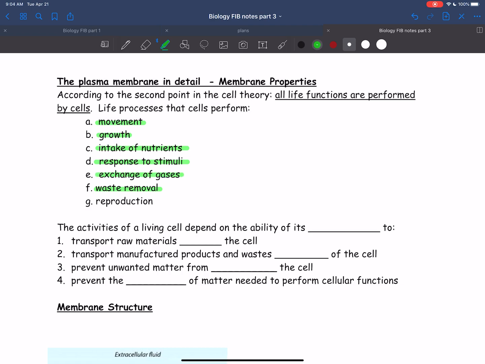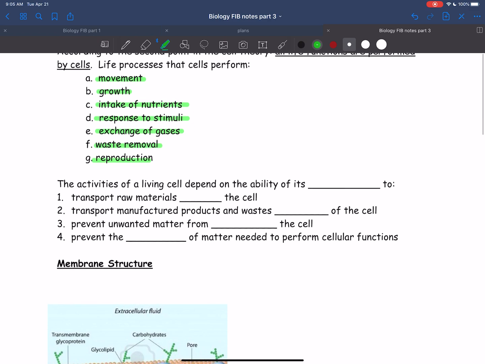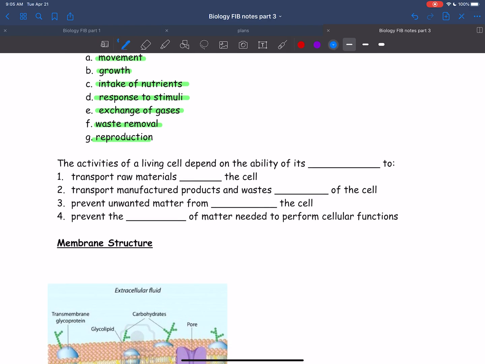Exchange of gases, we will see how carbon dioxide and oxygen and other gases can enter the cell. In reproduction, the cell membrane can rearrange itself to allow things like, for example, a sperm to enter the egg. Both of them are cells. They have a cell membrane that surrounds them, and so the cell membrane can allow that to happen. Okay? So we see that all of the activities of the cell depend on the ability of its membrane